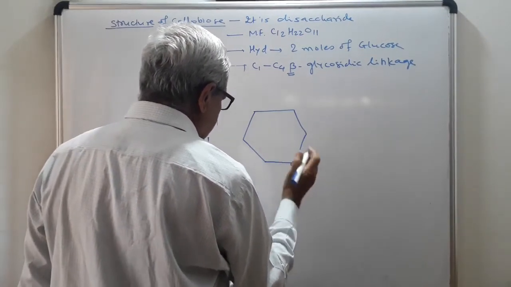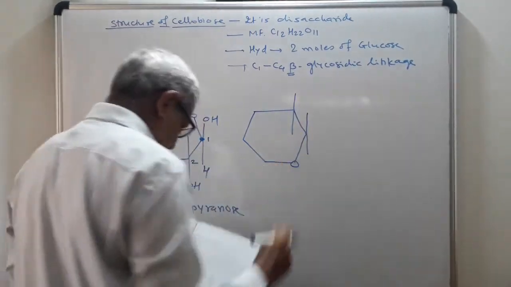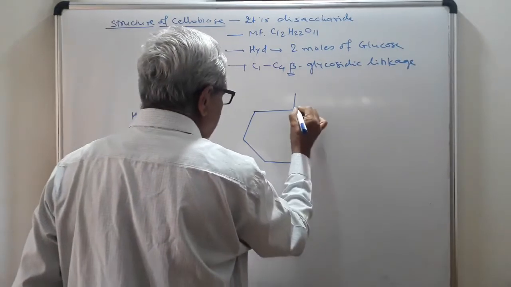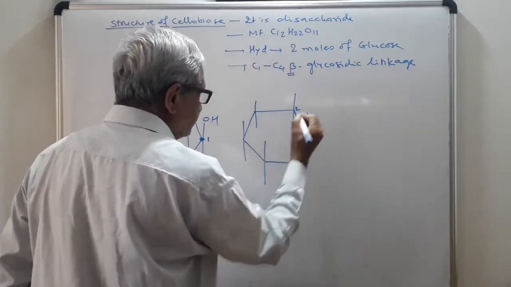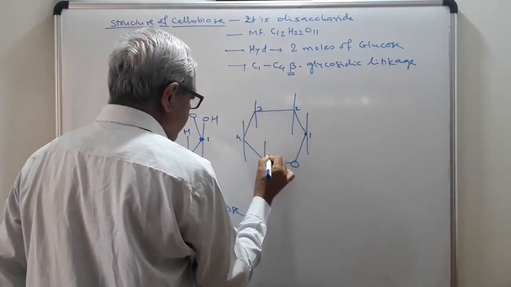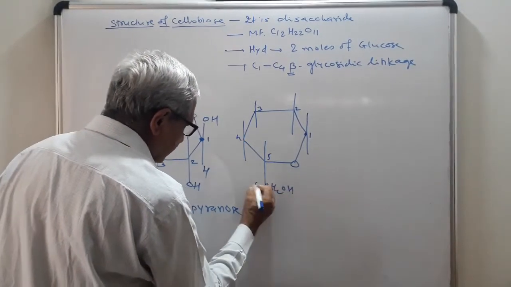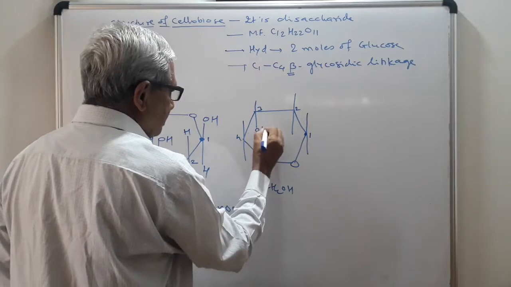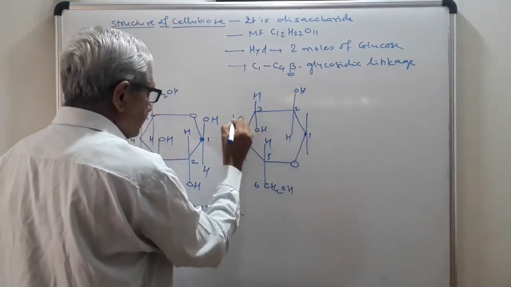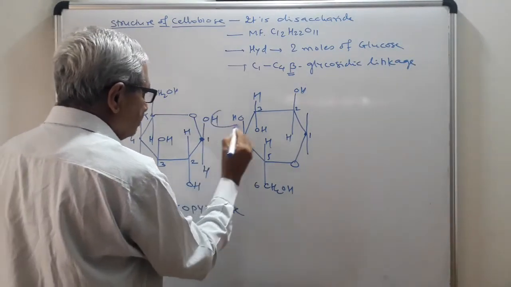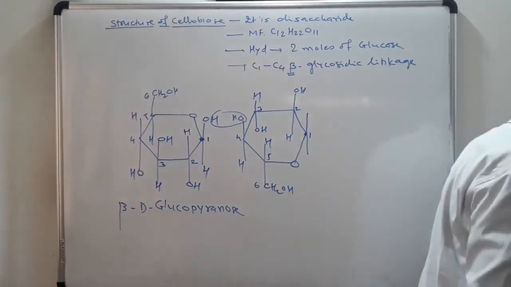So see here, this is your oxygen. This is your carbon number 1, 2. This is your anomeric carbon. 3, 4, 5 and 6. See here, the CH2OH group is at carbon 6. So on carbon number 3, OH, H. Here must be OH, here must be OH, again OH and H. You can easily remove the water molecule and therefore you will get the glycosidic linkage. So we completed the point.